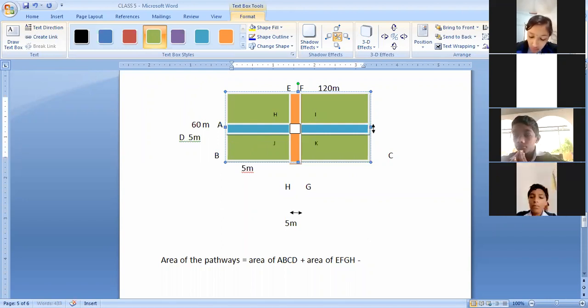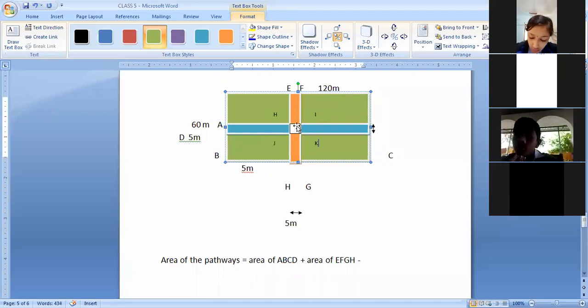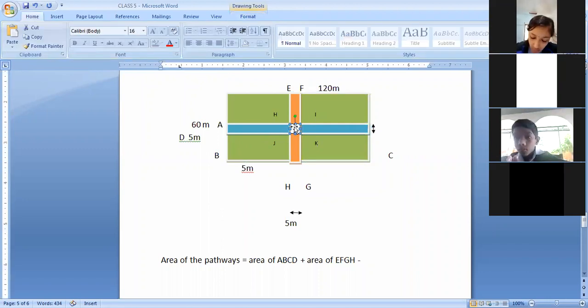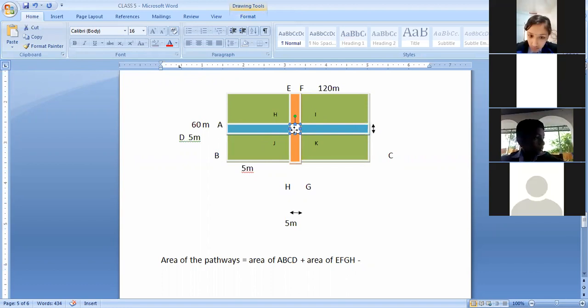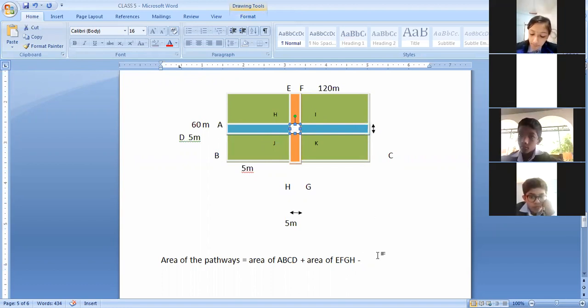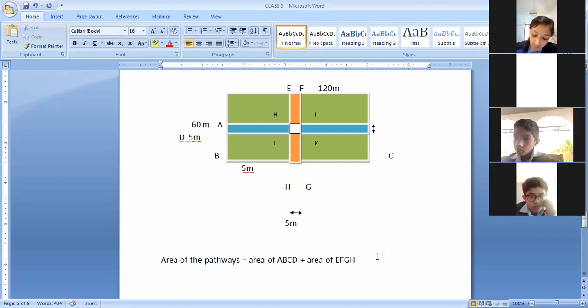Okay. HIJK is this small square which is in white color. Can you tell me the side of the square? What is this? 5. Yeah, 5 meter is the side of the square. So when we add the area of these two pathways, we need to eliminate the area of